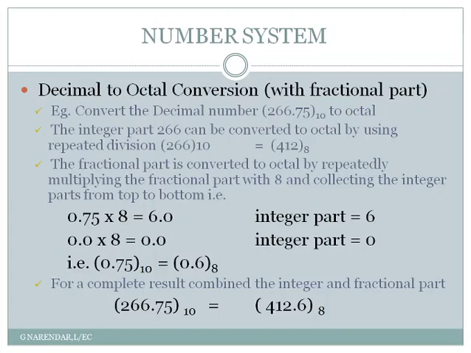So this lecture so far has covered conversion from decimal number to binary and binary number to decimal, and it also covered conversion from decimal number to octal number and octal number to decimal number. The remaining conversion part, that is from hexadecimal to decimal system and decimal to hexadecimal system, will be seen in the next lecture.